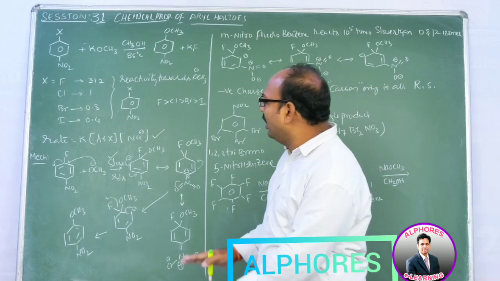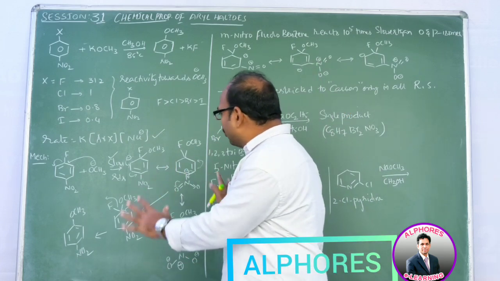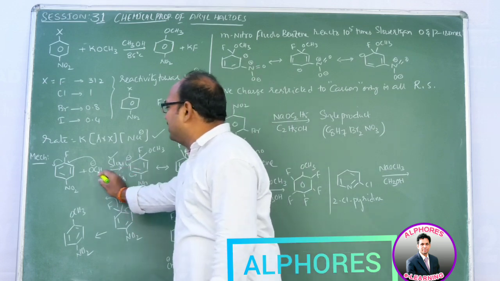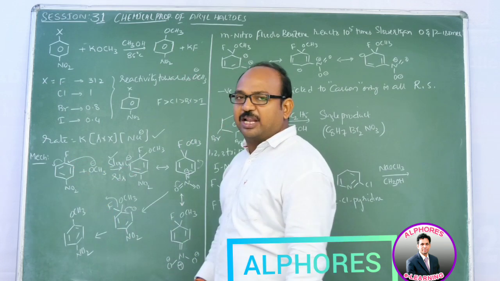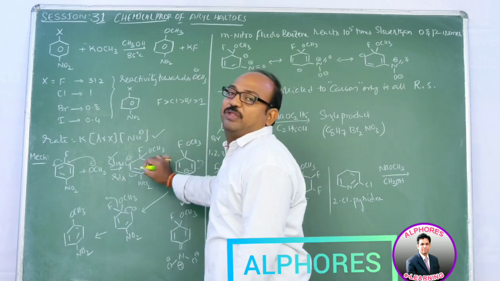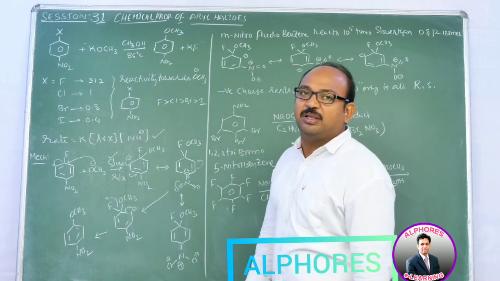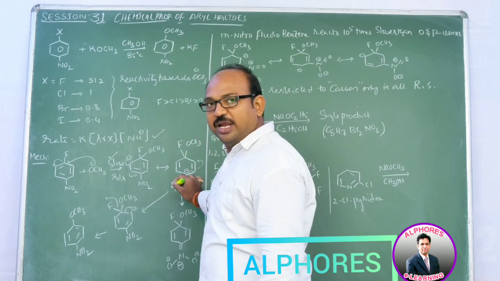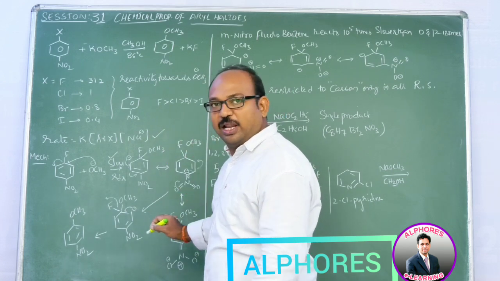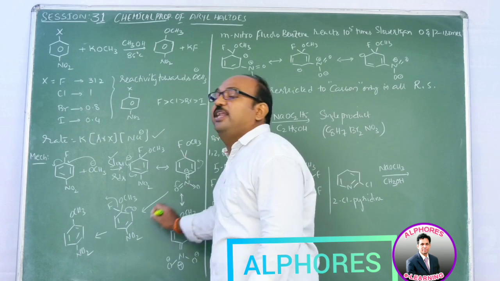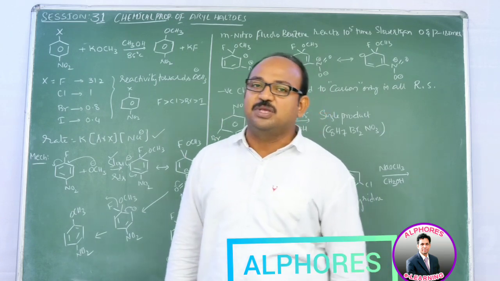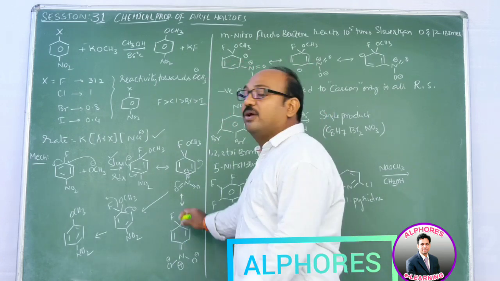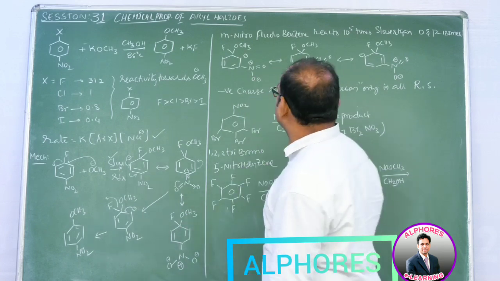nitroanisole. Now in this mechanism, if you observe, the first step is a slow step, that is the rate determining step. After the attack, you get a negatively charged carbon, meaning negative charge arises at carbon. That negative charge is stable, it is delocalized, and it is delocalized not only over carbon atoms but also over nitrogen. Remember that.